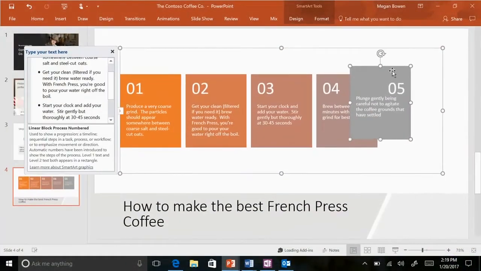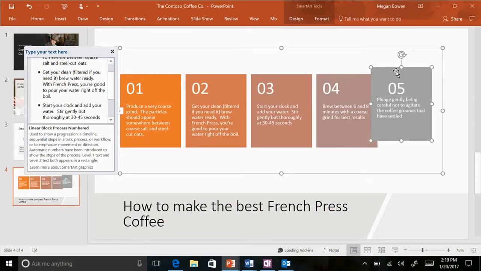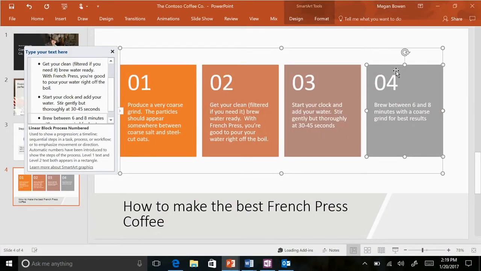So let's say you decided you wanted to change the background color on this, or all of a sudden you don't need this one anymore. You can delete it, resize. So there's a lot of creative features that you're able to use with this. Pretty cool. So the next one we'll go to.